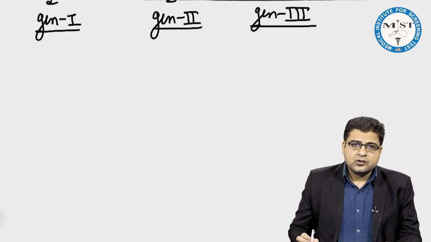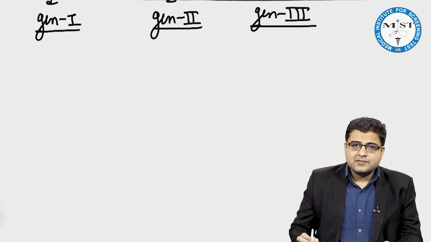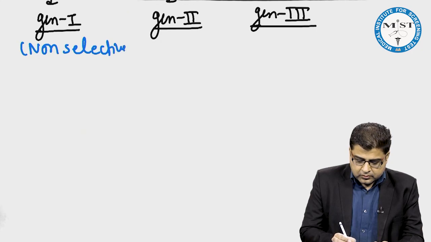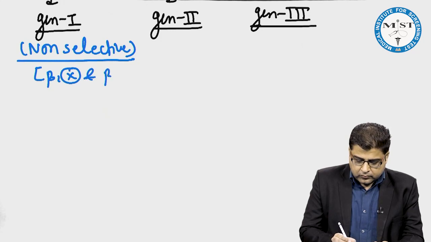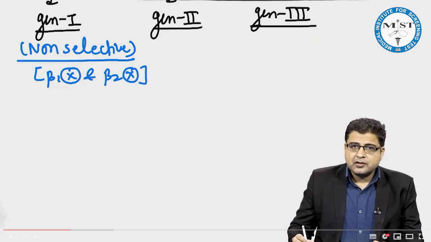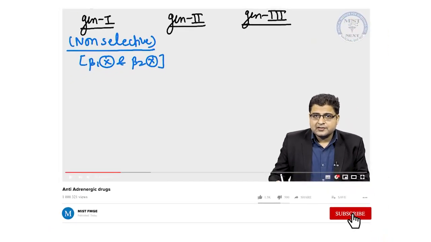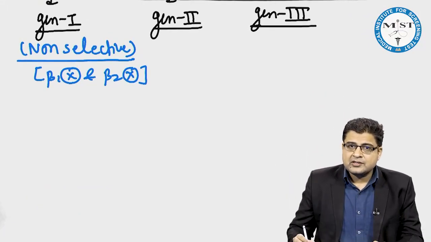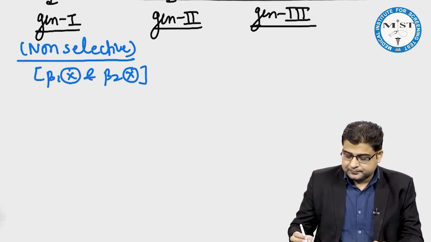Generation 1 medicines are also known as non-selective beta blockers, and these medicines can block both beta 1 as well as beta 2 receptor. Now, because these medicines are blockers of beta 2 receptor, these medicines can constrict the blood vessels. We discussed already in the introduction part that beta 2 receptor is responsible for vasodilation. So, if I block this beta 2 receptor, blood vessels will get constricted. So, these medicines are vasoconstrictor beta blockers.